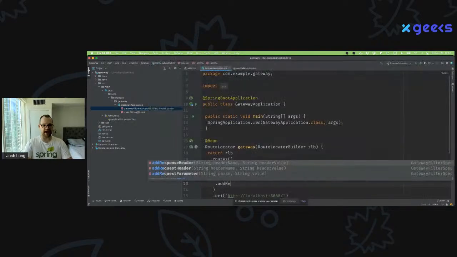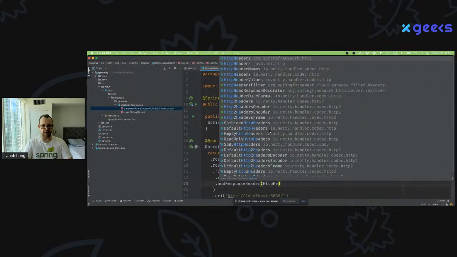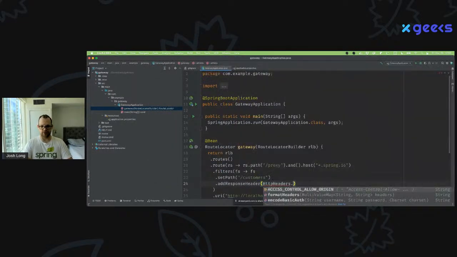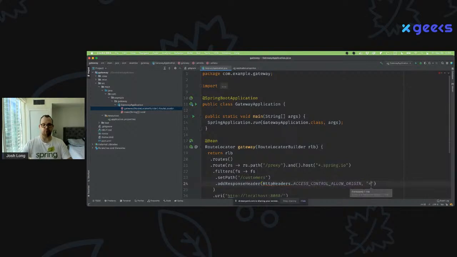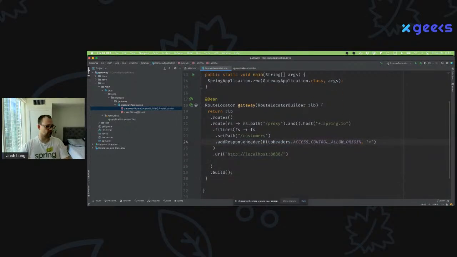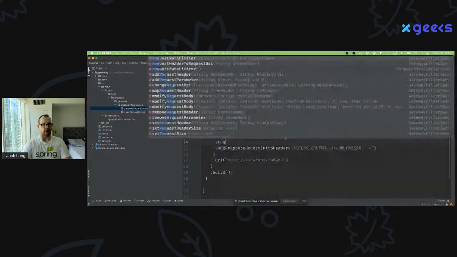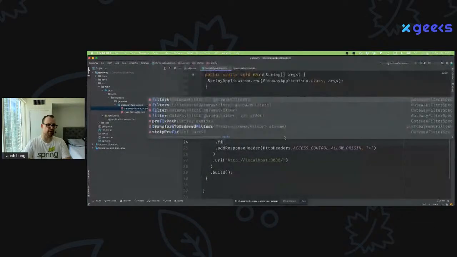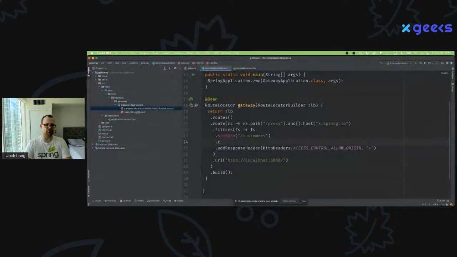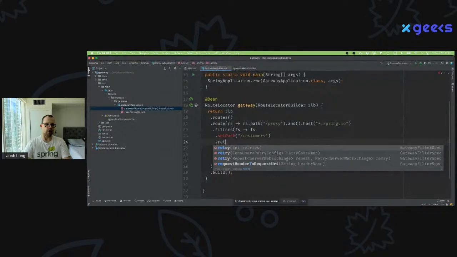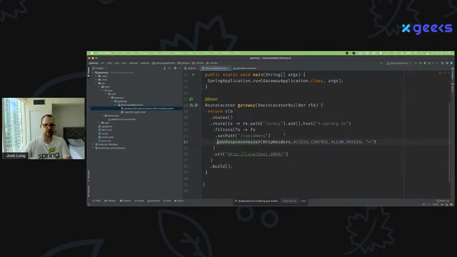The other thing I want to do is I want to add a response header, HTTP headers. Dot allow, now I can support CORS, cross-origin resource sharing, that kind of thing. But there's other filters here as well. You can do a rate limiter. You can change the body of the request or the response. You can do anything you want, really. There's circuit breakers, there's retries, there's all sorts of stuff that you can do here in a generic way. I'm using the Java JVM API.